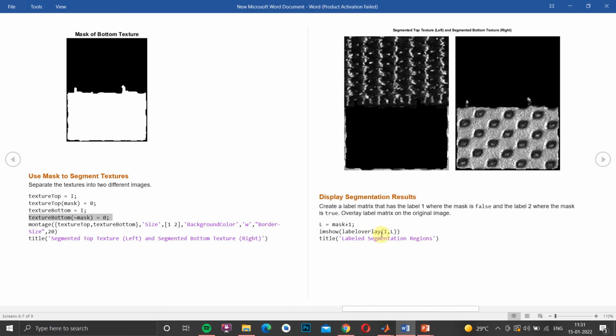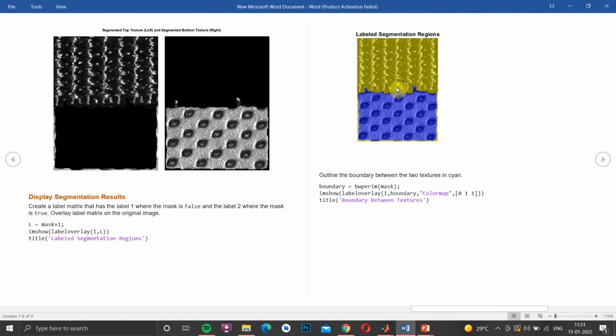I am using the label overlay command. This will give different colors for different outputs. Here you can see how it has been given. Now, if you want to draw the boundary without these highlighting colors, if you see the yellow and blue, the images are not clear. Instead of that, we can just draw a boundary, and for that we can use BW perim,